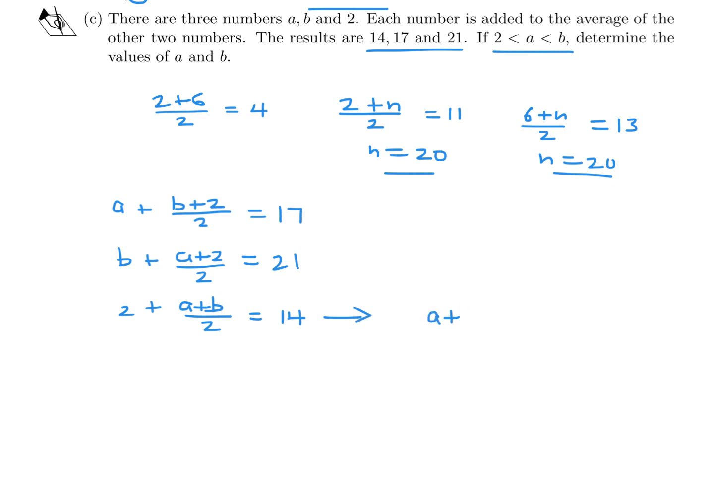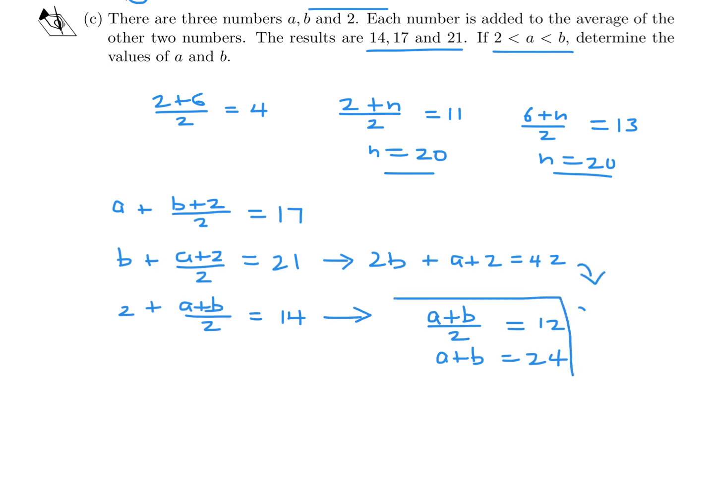This is going to give me a plus b over 2 is 12, I believe. So that means a plus b is 24. And then I guess I can substitute it into any one. I guess I'll substitute it into this one. First, what I'll do is multiply that by 2. So I get 2b plus a plus 2 is 42. So this makes it,